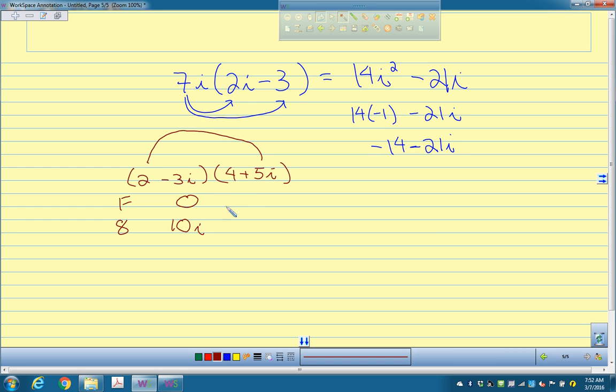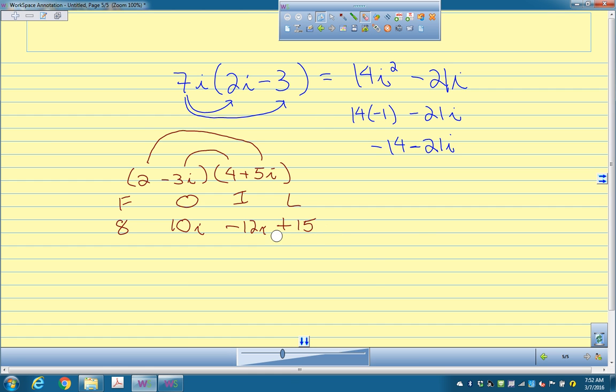What's 3i times 4? That's inner. What's that? Negative 12i. And negative 3i times positive 5i makes negative